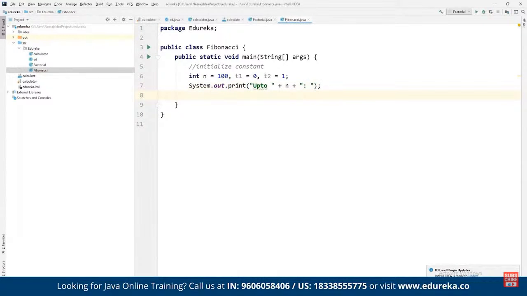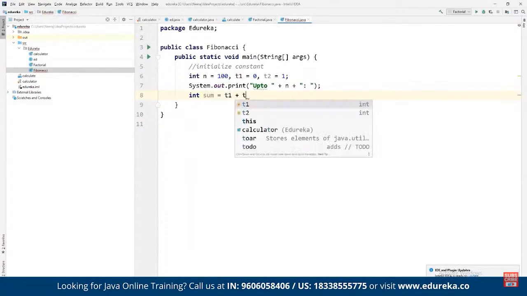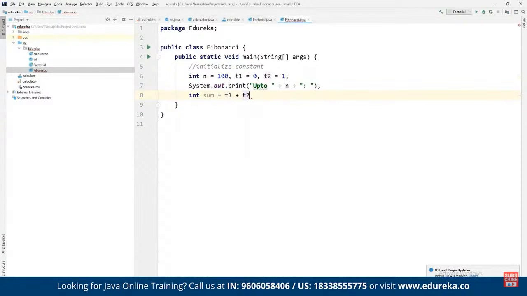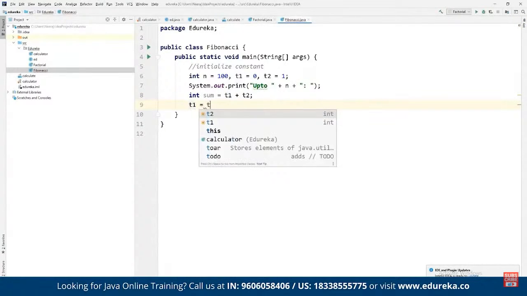And then we can define it to be the integer. Now here we can declare the entire integer value. Now here, let's suppose we define the sum, because Fibonacci is what? The sum of the previous two numbers. So here is going to be the sum of t1 plus t2, as we discussed. That's what Fibonacci is. And here we can declare t1 is equal to t2,